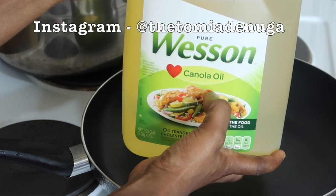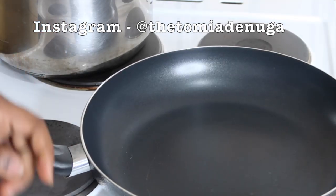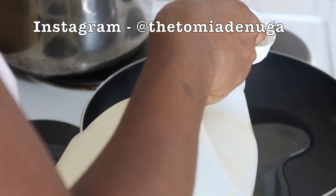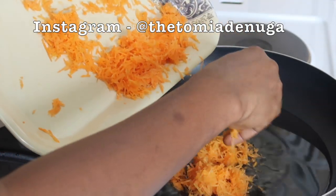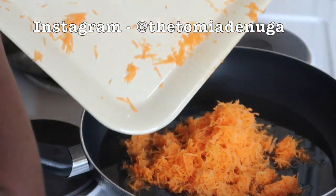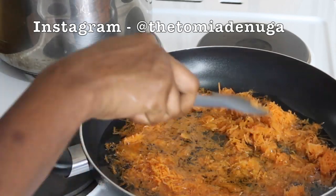So for the second part, I'm going to be using this pure Western canola oil. This is the one that is quite edible, so I like using like cooking oil for this. And I'm just going to pour a generous amount of my canola oil into the fryer, or sorry, into the non-stick pan. And I'm transferring the bits of carrot I left earlier on. If you notice, I took some and I didn't use everything. So I'm just immersing this properly in my non-stick